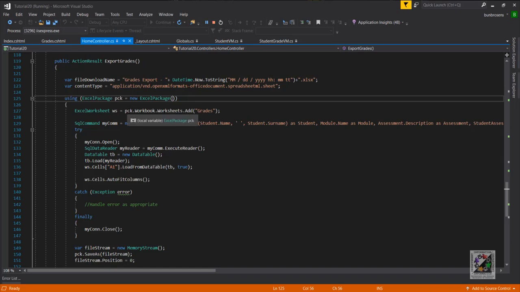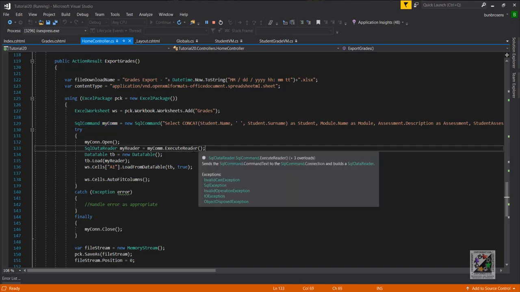Then we add a new worksheet called grades to the workbook that's associated with this package, and we call it WS. So from this point forward, we can work with this WS to access various cells in that worksheet. Okay, then we create our command so that we can call the data from the database. We open our command, we execute our reader, and what's interesting here is instead of